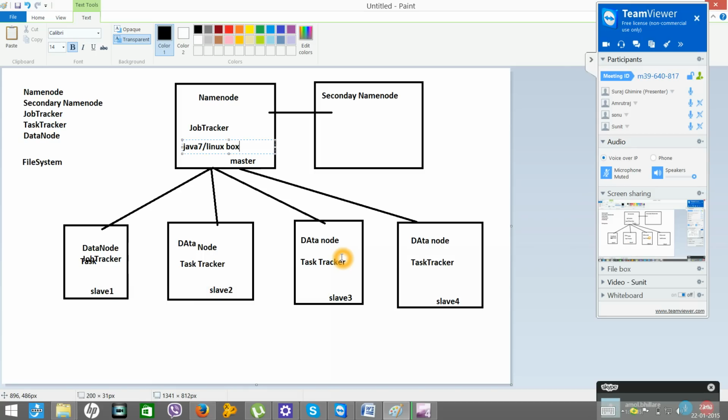When you install Hadoop, it comes in various versions, Hadoop 1, Hadoop 2 and so on. So if you are installing Hadoop 1.0.4, go and install the same version across all the nodes. You should not make it like this: Hadoop 1.0.3 installed here and Hadoop 1.0.4 installed here, because the difference in the components may create a problem later. Now all these are Linux boxes.